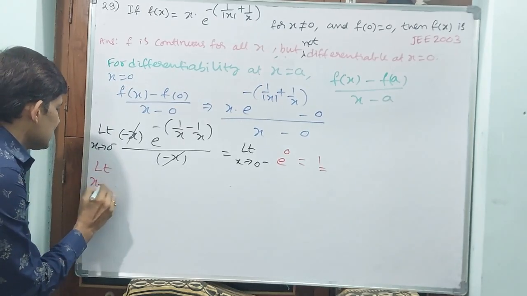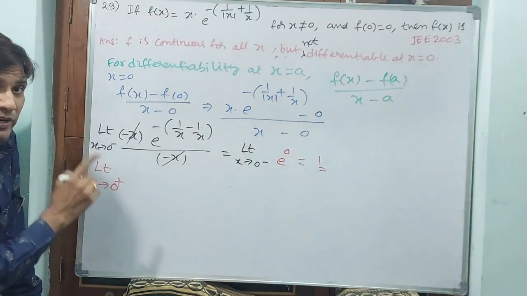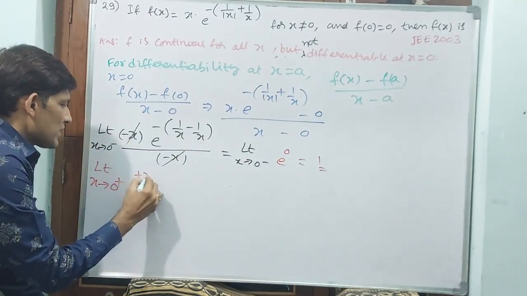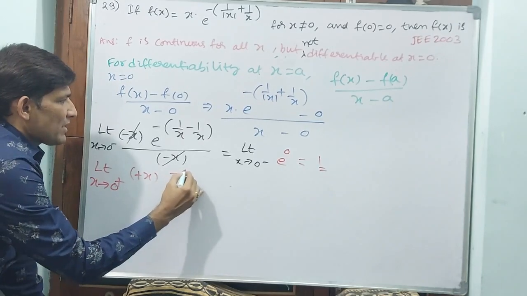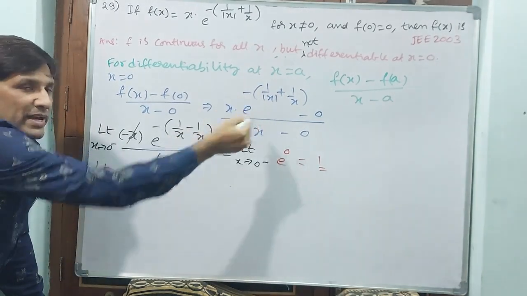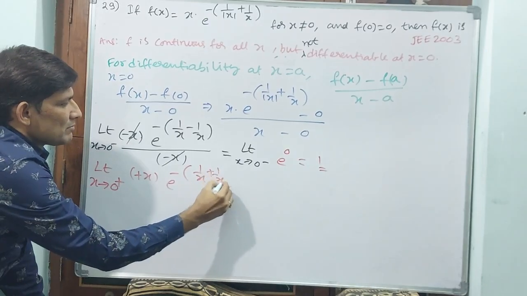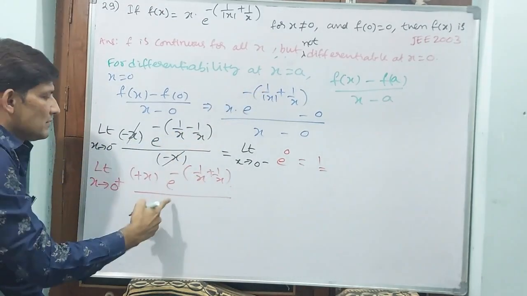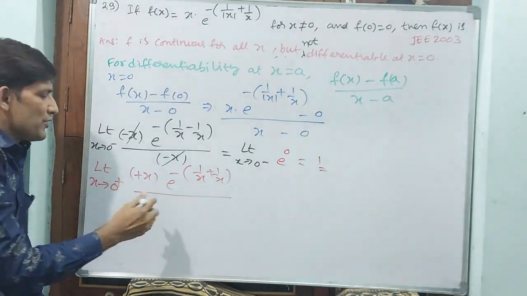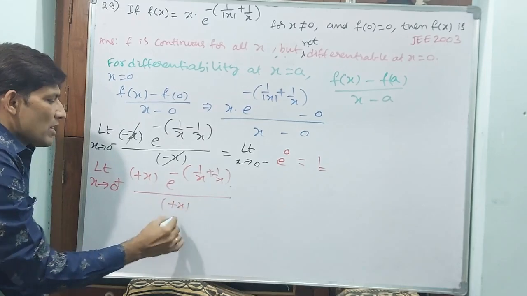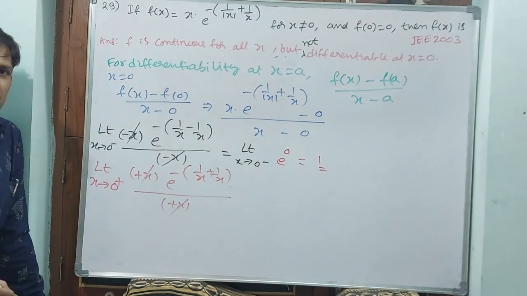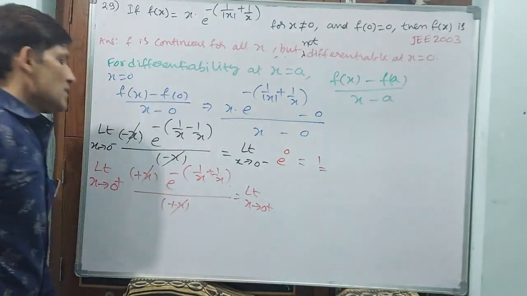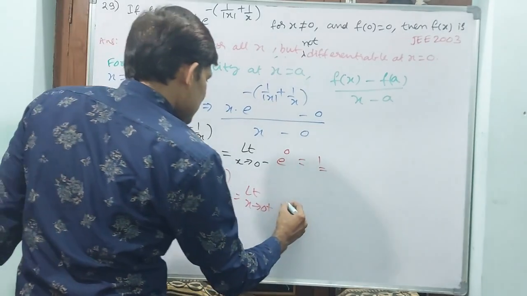Limit x tends to 0 plus. See, this is for differentiability. That is why this formula we are taking. Here plus x will come, okay? e power minus of, see, if at all plus 1 by x plus 1 by x will come, there is no problem. Okay? Divided by, see, minus 0 I am not writing again. Why? Already we have seen continuity. Again here also plus x will come. Now you cancel these two, plus x and plus x. Again limit only you apply, x tends to 0 plus. Now you tell me, e power minus 2x.